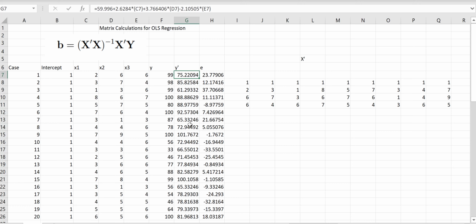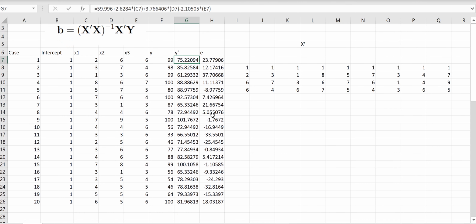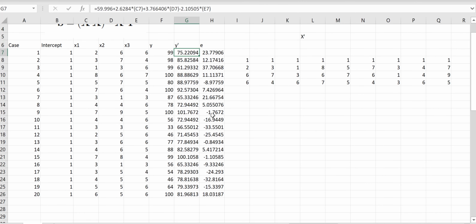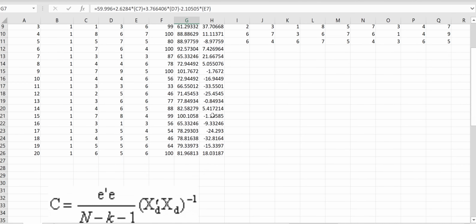So you can do that rather quickly in Excel for each case. And then you can also get the error, which is going to be the observed score minus the predicted score. So we'll need that to compute the standard errors. I'm assuming you want the standard errors of the regression coefficients as well. So the formula for that